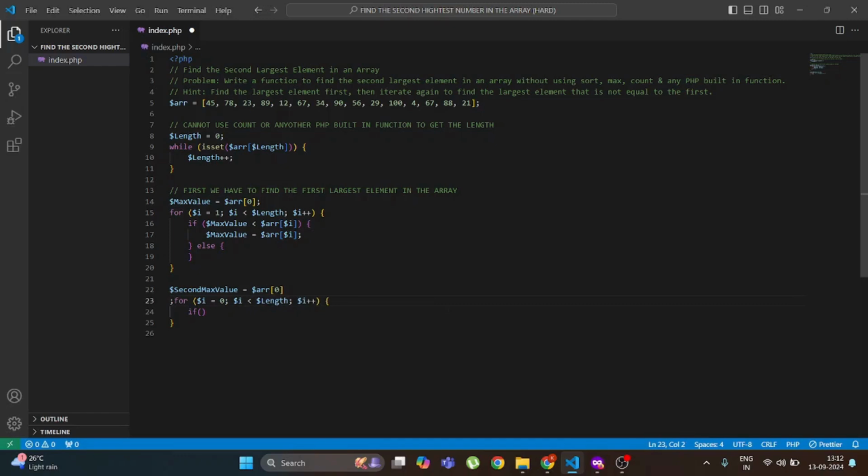Let's assume that it is the second largest element in the whole array, which it is not. So we have the second max value, which is 45, and now we are going to compare it